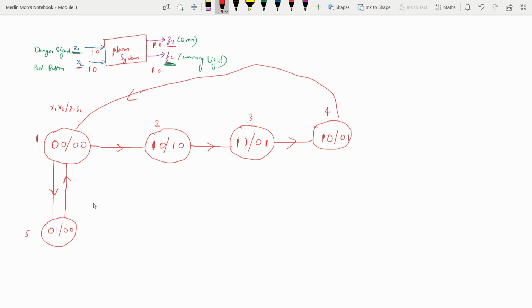And there is one more state, when the danger signal occurs and the system moves to state 2. So x1 is 1 here, the danger signal is high, and the operator has not yet pushed the push button. The push button is not yet activated in this case. So before the operator comes to the alarm system, if the danger signal is removed automatically, something happened and the danger scenario is removed, then the system will go to another state. Means after the second step itself, the danger signal is removed, so 1 will become 0. So since the danger is not there, 0 0, but the siren will still be there